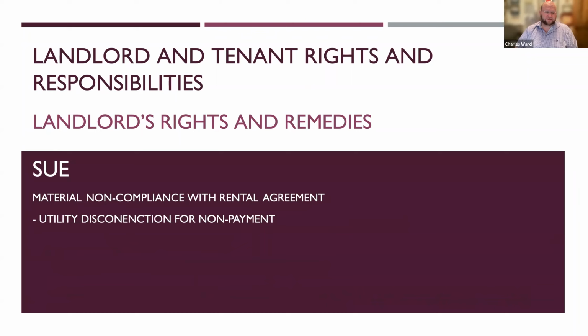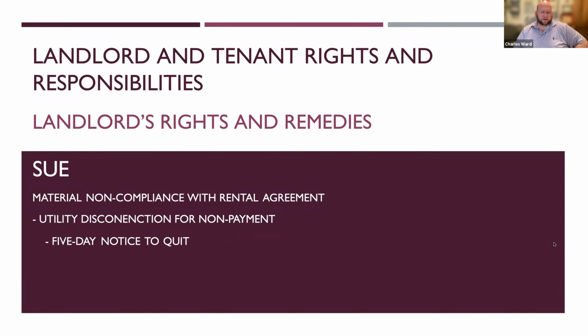Also, if the tenant has utilities disconnected because they haven't paid, obviously a landlord has an interest in the tenant maintaining utility service, because failure to maintain water or heat during the winter can cause pipes to freeze and break. So that's obviously just one example. A landlord has an interest in making sure the tenants are paying for and using utilities as they're supposed to.